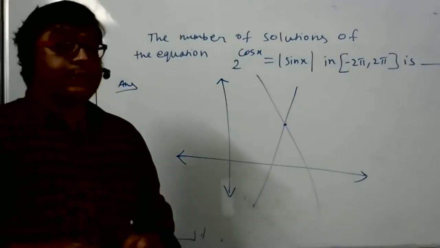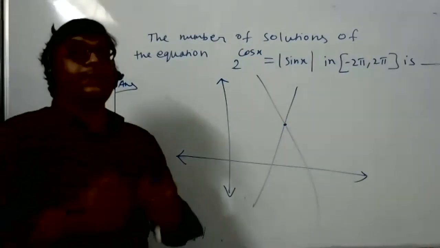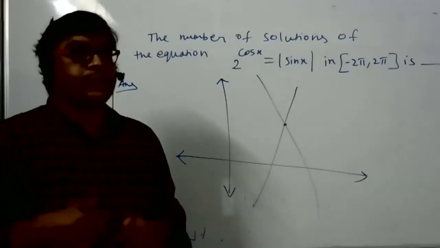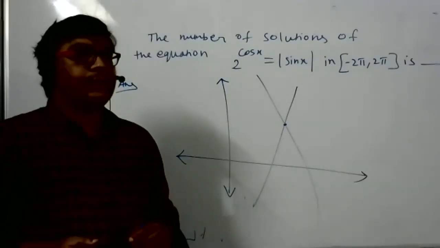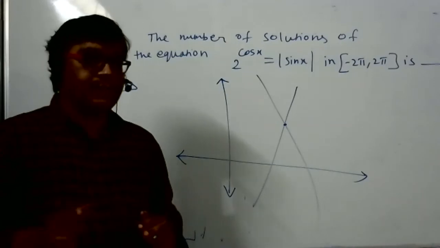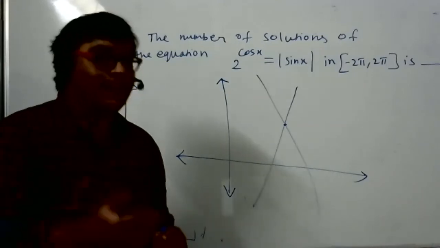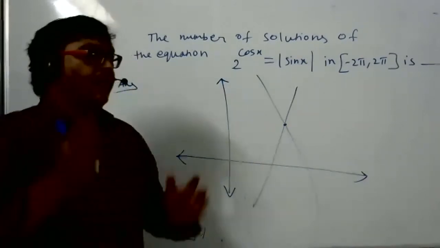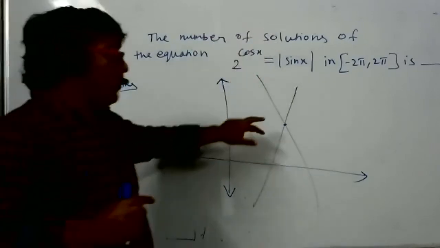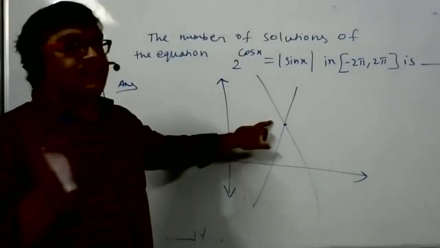So see what they will do in school. First, they will teach you how to solve simultaneous equations. Which method they will say? Substitution. Then one more is there. Elimination. And one more is there, cross product, that is a different thing. And graphically also, later. Last they will teach graphically.